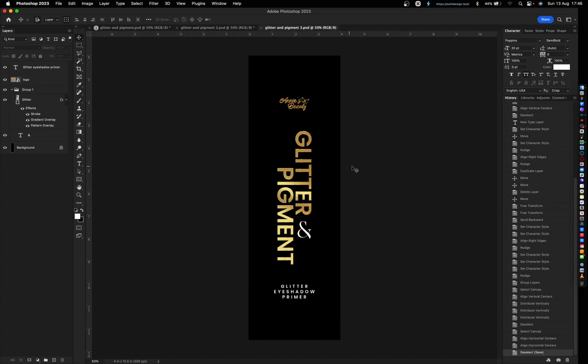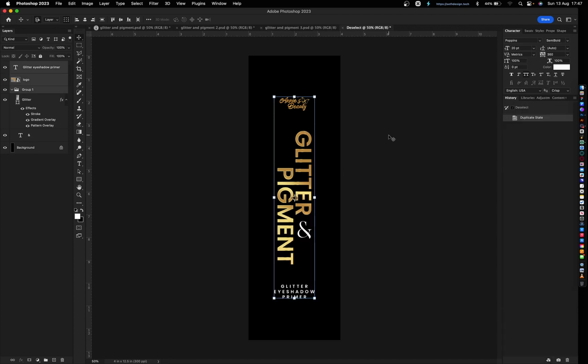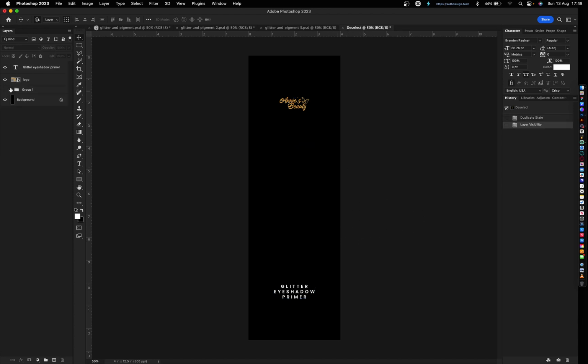Let's save that one. Now we want to create the back of the product. This is the front view. All we've created so far is just the front view. So let's create the back where the how to use will be. Duplicate just so we have the same size. Now let's hide this one